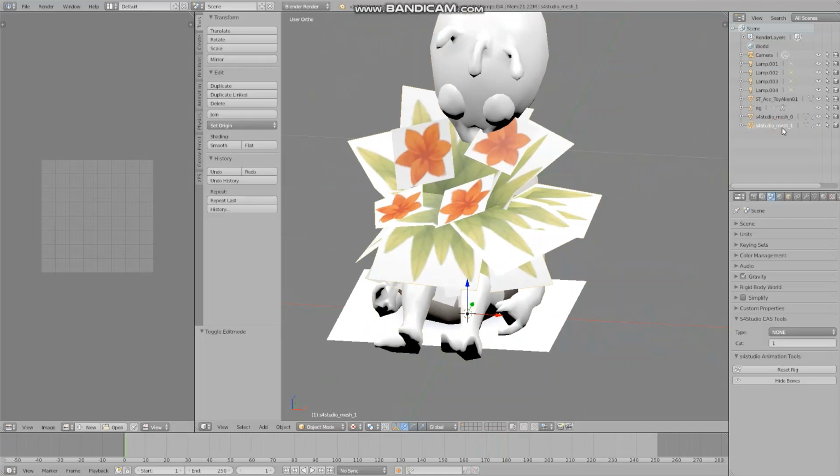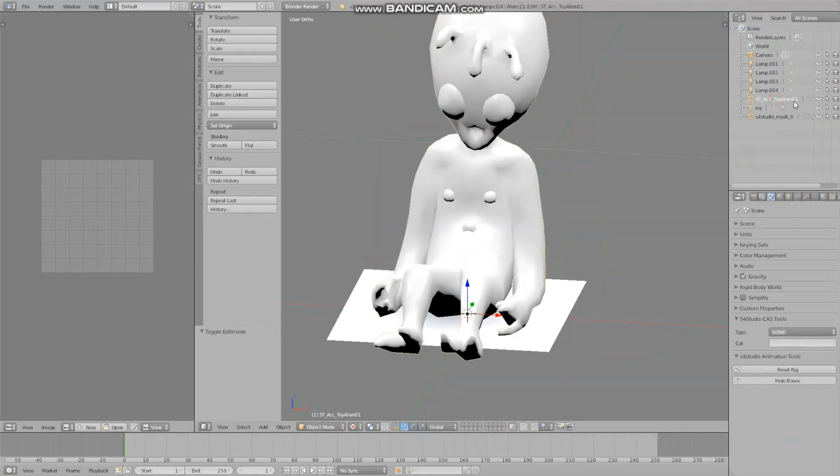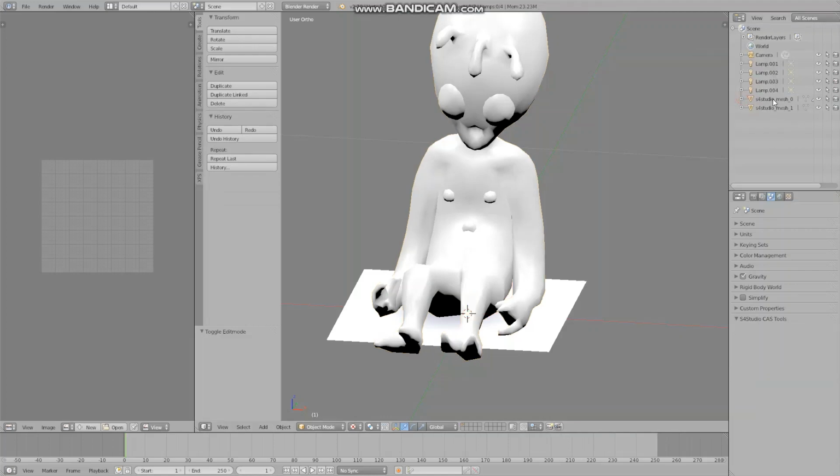And now we can delete the plant and here change it to S4 Studio Mesh 1. And you want to go down here where it says S4 Studio Cast Tools and change the cut number to 1 and press enter. Otherwise it won't show up in SimSource Studio. You can also delete this rig. So click on your Mesh 1